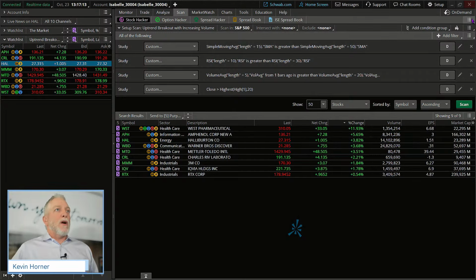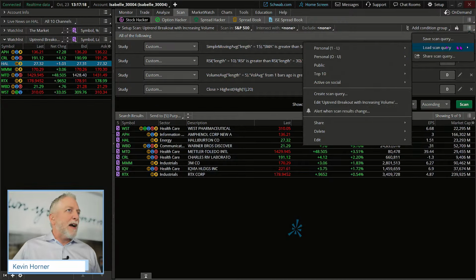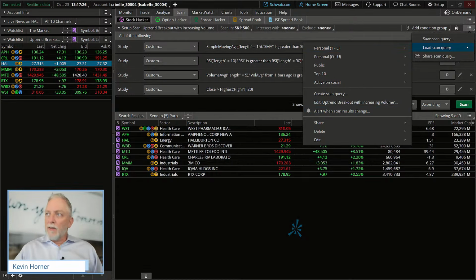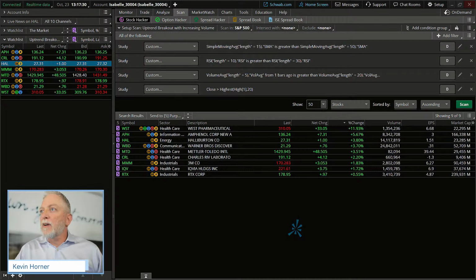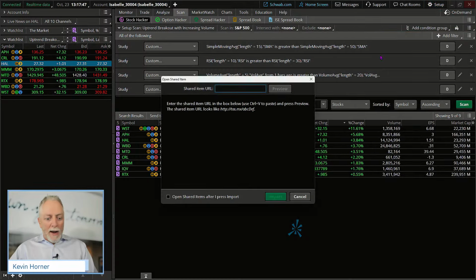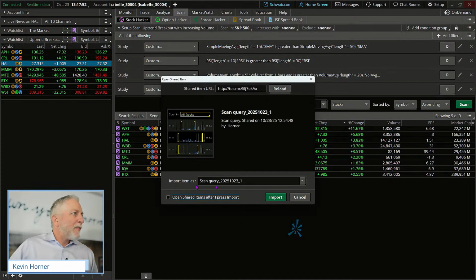So I'm going to load this 20 DMA, 20-day moving average, CAHOLD scan. Let me see if I've got it properly in my personals here. Okay, I do not have it the way I'd hoped, so I'm going to take it from another location. I've got a script and I'm going to copy and paste. So this will also be a quick teaching moment, everyone, for how to load your scripts into Thinkorswim. I have placed this script on my notepad with a Control C, and I'm going to go to Setup and Open Shared Item. I'm going to Control V here and hit Preview, and it gives me Scan Query.